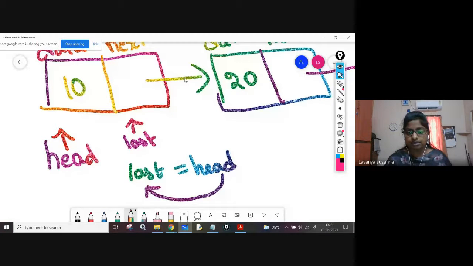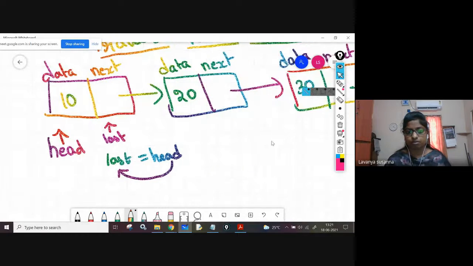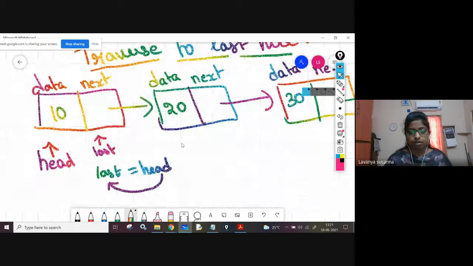Once again, see, I won't repeat, don't worry. See here, 1 second. Now you need to know the condition. What is the condition you need to put? You need to use while loop. Remember, you need to use while loop. Why are you using while loop? You need to traverse to the end of the list. So here you are using while loop only. Now in while loop, which condition you need to put? That you need to know.